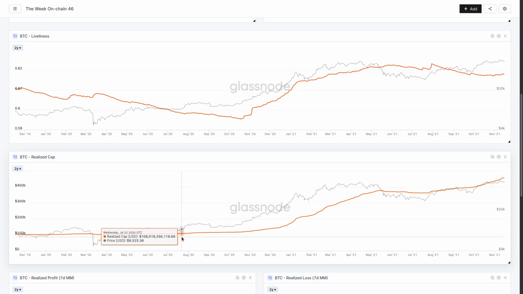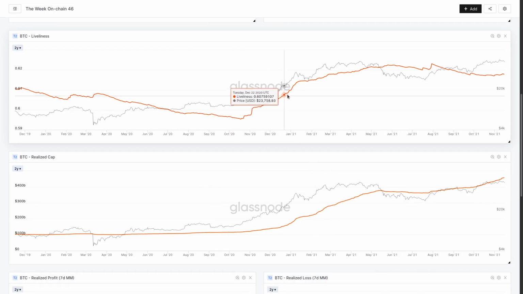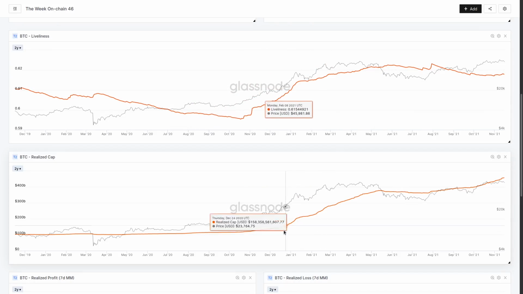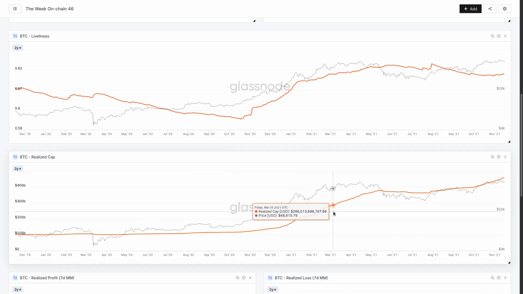So really, it's this sideways price action. Most of the coins that are on the move are at a similar price, so realized cap trades sideways. As we move into the bull market, however, and prices start to push to new all-time highs, we get this acceleration. Alongside the uptrend in liveliness, more coin days being destroyed, older coins are more likely to be coming from a cheaper price, and that revalues. Those $10,000 coins, $3,000 coins are revalued to $30,000, to $40,000, to $50,000. So we get this very steep uptrend in the realized cap.